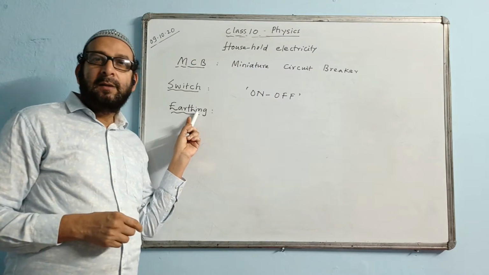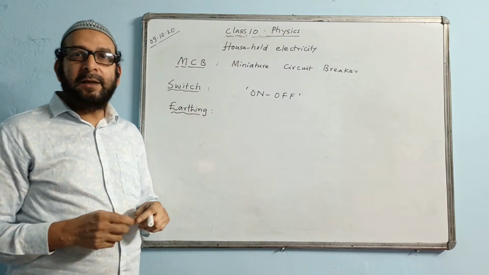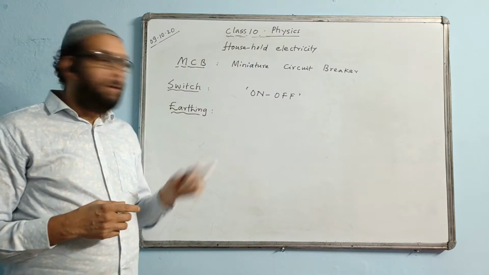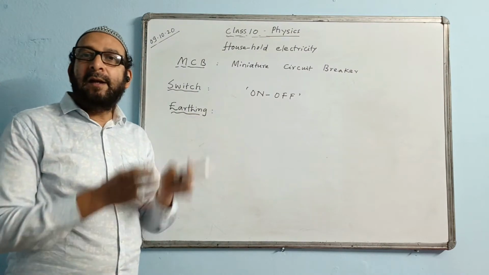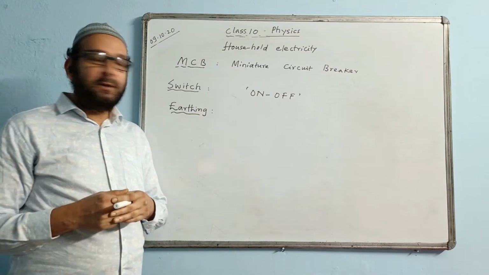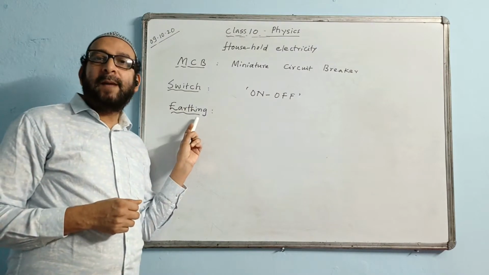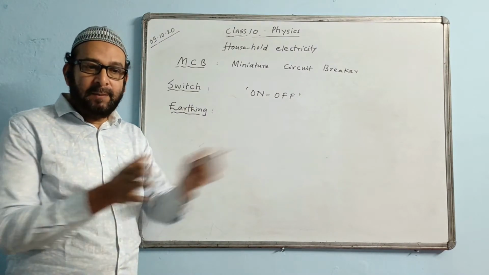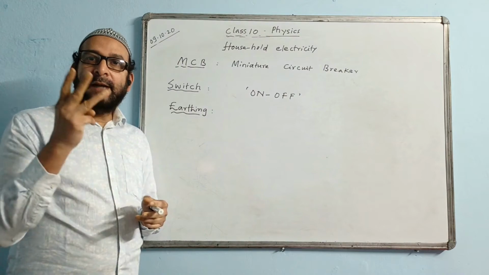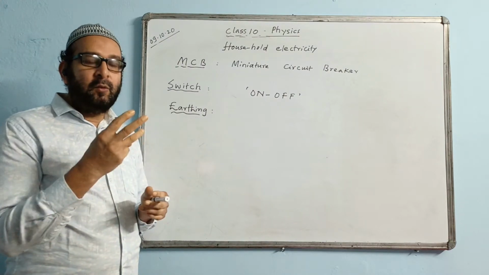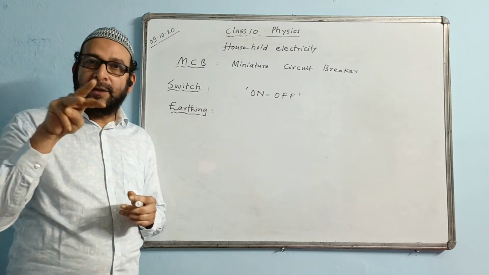Earthing prevents a person from getting a shock while handling or using an appliance. Normally, what kind of appliance is earthed? The company will be earthing them. There will be three kinds of wire used over there. You must have seen those kinds of appliances have three pins like this.